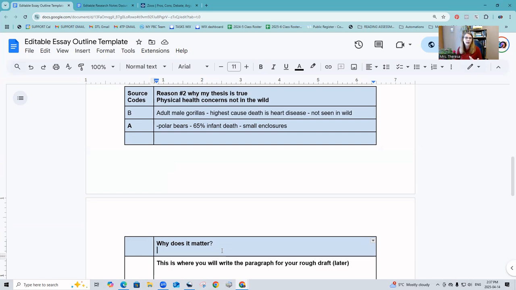So we might say, zoos are trying to do research about animals, and zoos are trying to propagate species that are going extinct, but we're creating health problems in those animals. And how can we research animals when we are creating health problems? They're not going to be like an animal in the wild, so we can't study them as though they were an animal in the wild. So we need to ask why it matters. Who cares? What difference does it make?